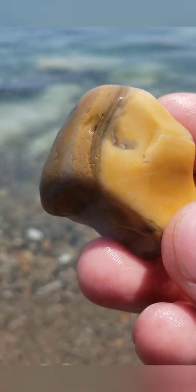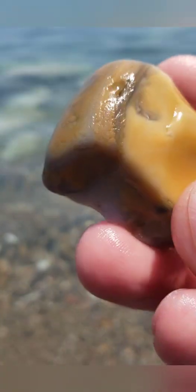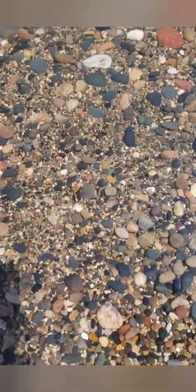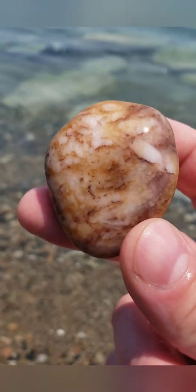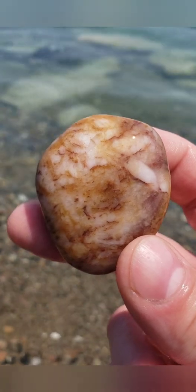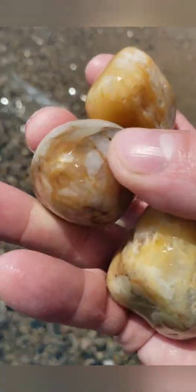It's a nice little piece of chert right there. Just noticed it's got some pretty cool banding around it. Very nice. Nice look down. Seen one of these guys. Very cool. Alright, had to go out a little ways to get these guys, but